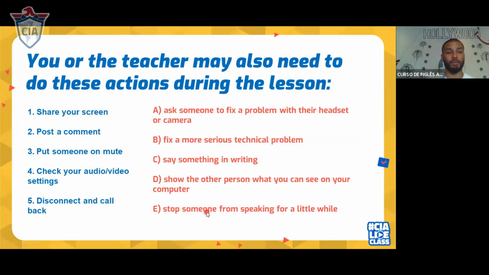Very good, guys. Now, I'm going to do the opposite of that. I'm going to unmute the person, right? Unmute. We use that word. Unmute the microphone. Go ahead. Somebody raise the hand to read the definition of putting someone on mute. Come on, raise your hand. Did anybody raise their hands?